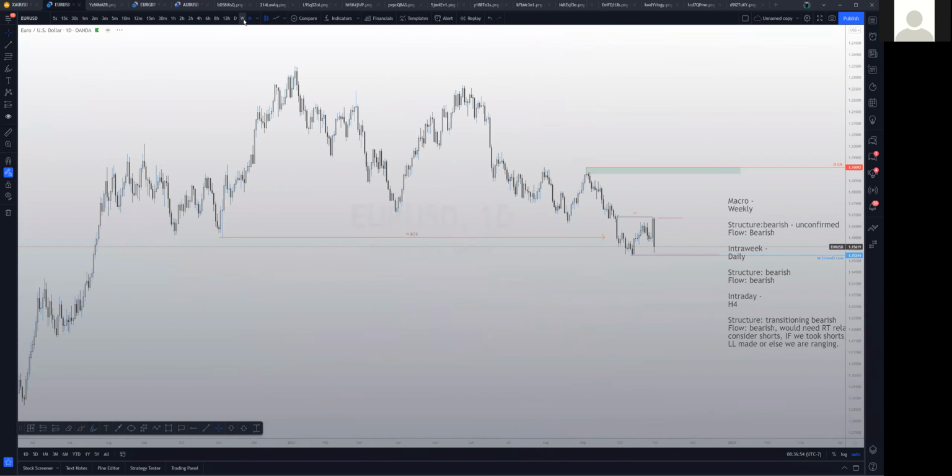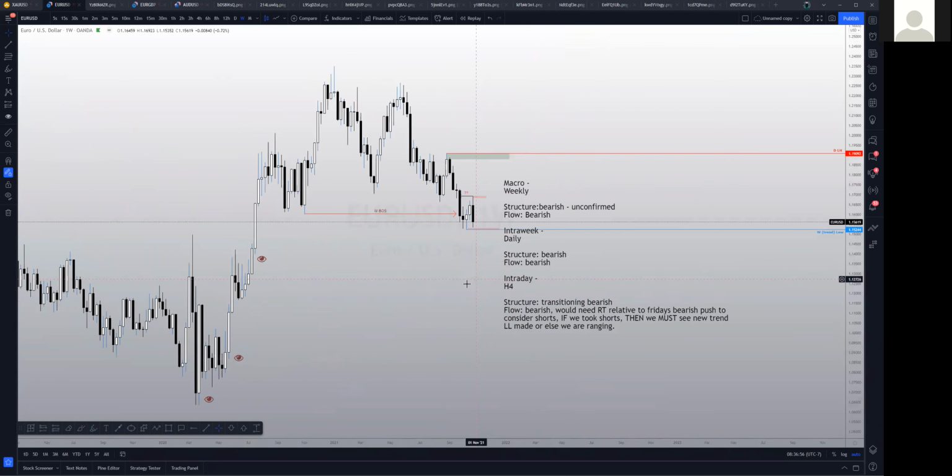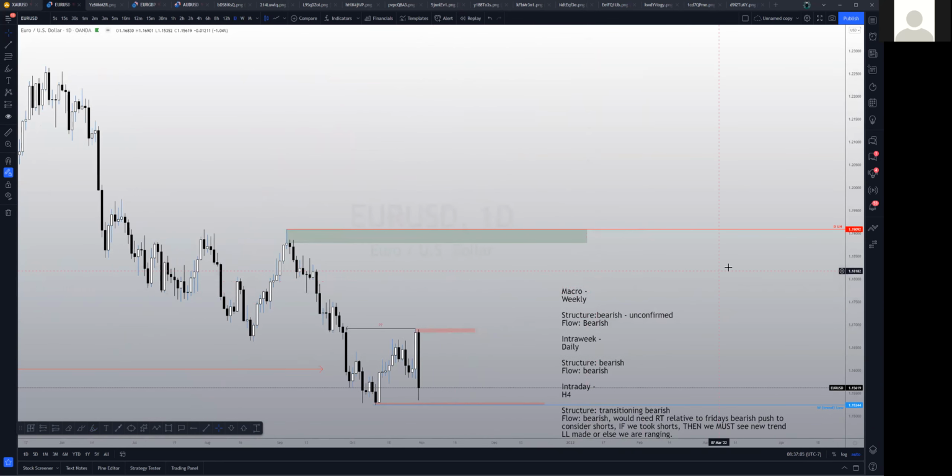And if we start to zoom out a little bit and look at a higher time frame, we have a weekly break of structure over here, and we've been pushing down quite heavily. So downside does make quite a bit of sense. In terms of structure, our daily lower high is all the way up here. However, we've now broken this bullish flow that was trying to do a little bit of a retracement, right? We see that we broke the ceiling here.